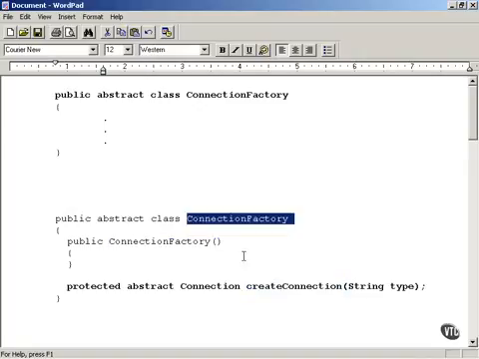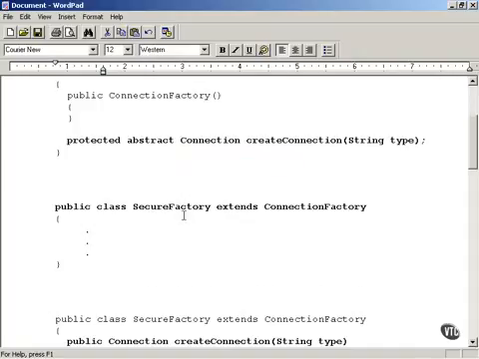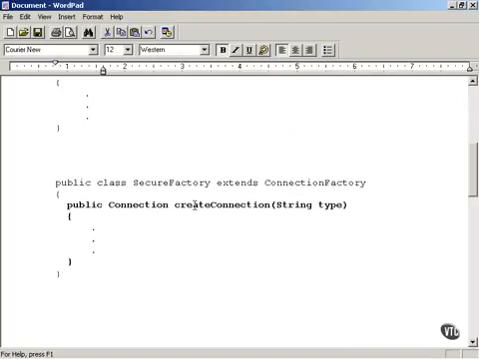So here we have an abstract class called Connection Factory, and we might, for example, create a class named Secure Factory to create secure database connections. This extends the Connection Factory abstract class, and it's going to have a method create connection. It's going to take the type of connection, as you see in this case. So instead of configuring the secure factory in the constructor, we're going to actually let the subclasses decide what kind of connection they want by using the create connection method instead. Okay, so